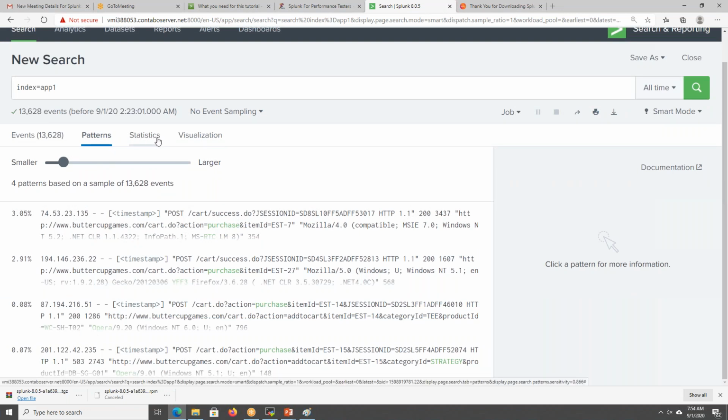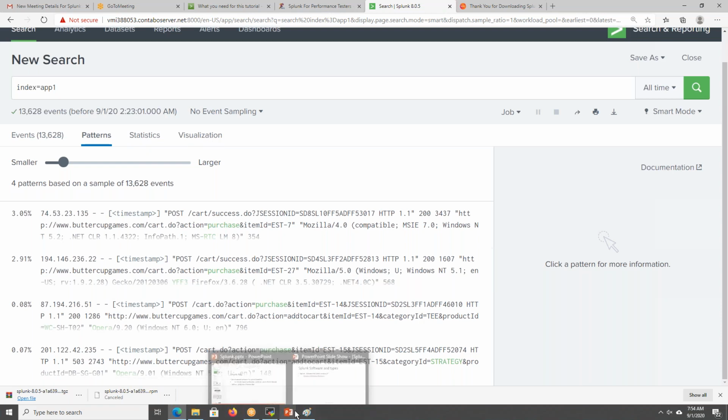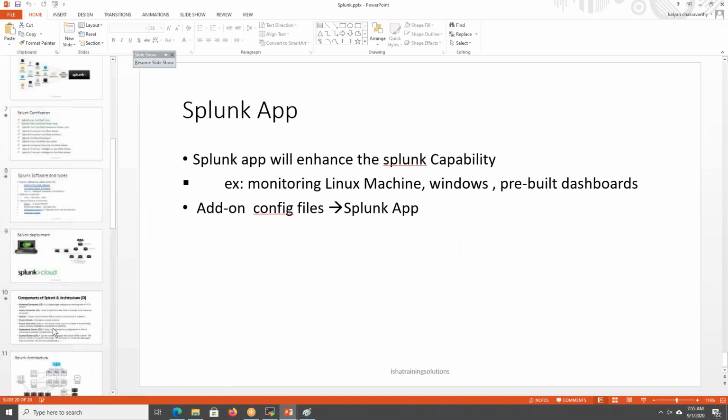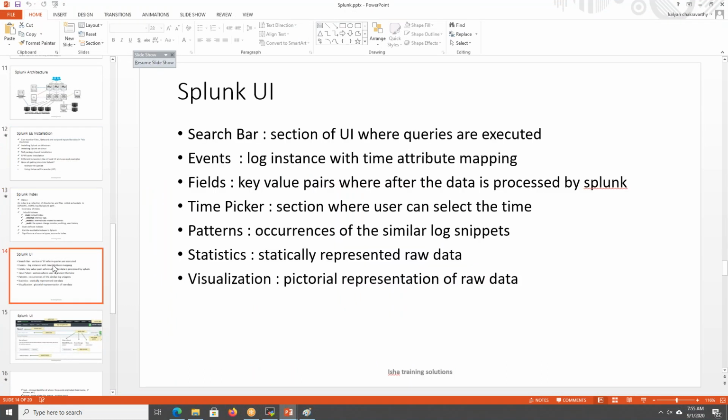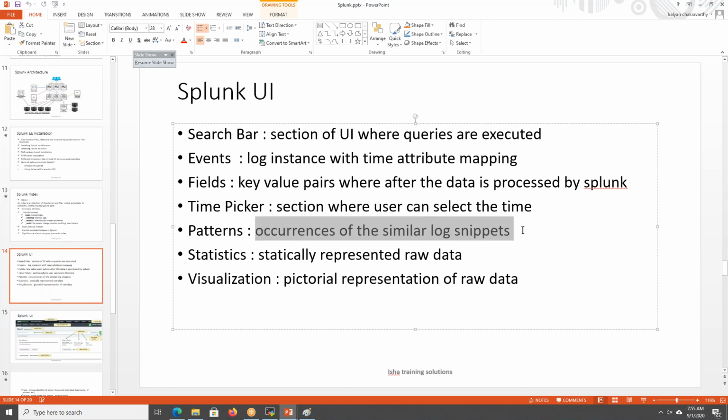Now we'll discuss stats. Whenever we write queries, we'll get the data in stats and in visualization. I prepared a slide for this yesterday. The time picker which I showed selects the time, and patterns gives the occurrences of similar log snippets.